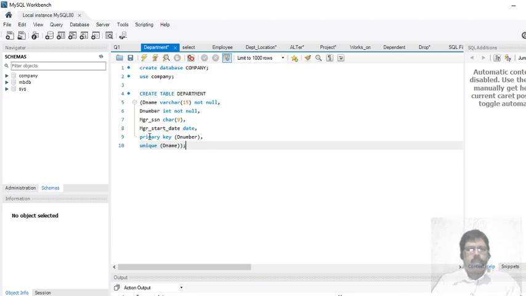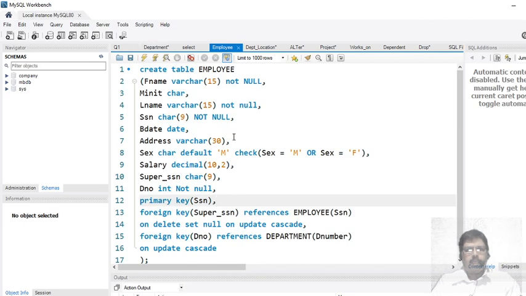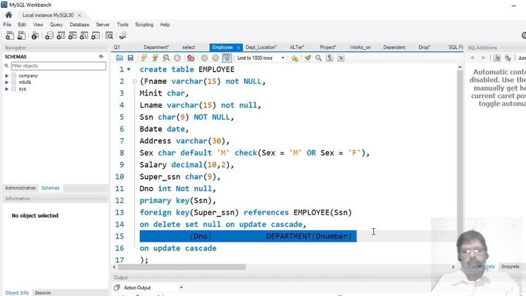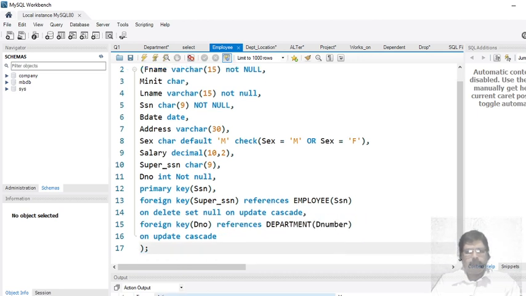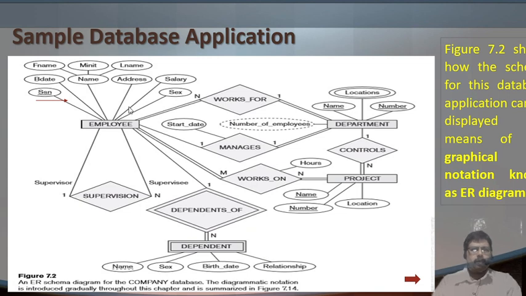Consider that the department number of the department table has a relationship with the D number of the employee table, which we specify by giving a foreign key to the D number that references the department number. If you look at this ER diagram, between the employee entity and the department entity there is a relationship, works for, created using the department number of the department table and D number of the employee table.